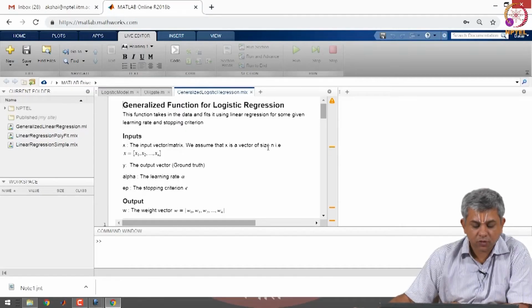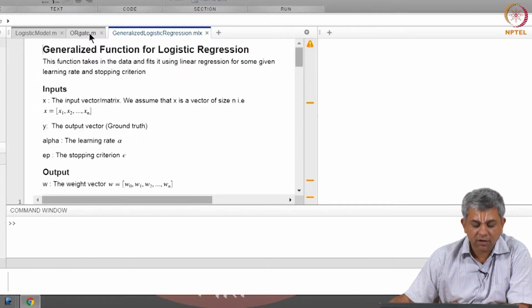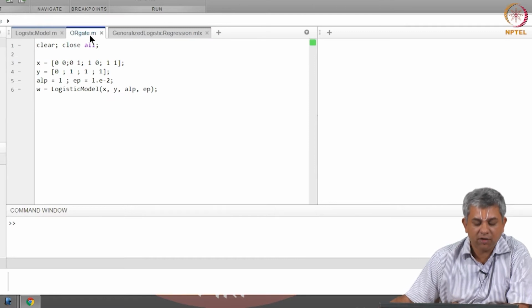Welcome back. We will be doing a repeat of the linear regression example, except with the logistic regression case and a slightly different example. What I have written here is a very short code which is an OR gate. Notice the OR gate is now given as 4 different examples: 0 0, 0 1, 1 0, 1 1, and I have given the corresponding ground truths here. Y here is simply the ground truth. For 0 0 it is 0, 0 1 is 1, 1 0 is 1 and 1 1 is also 1.